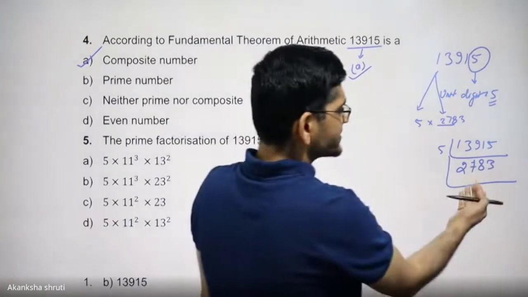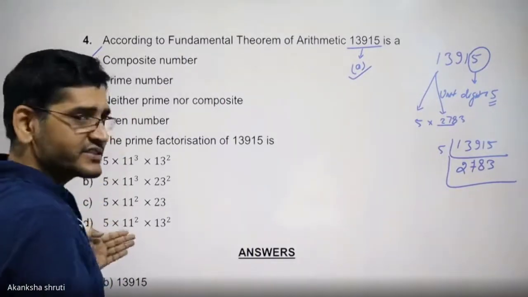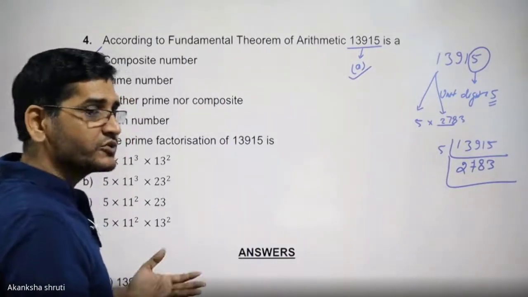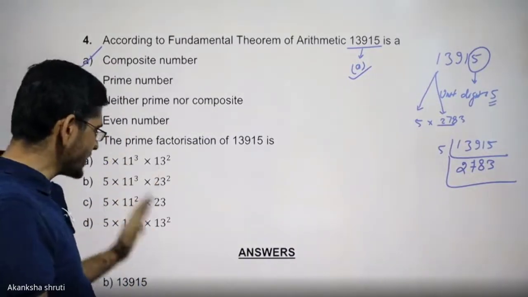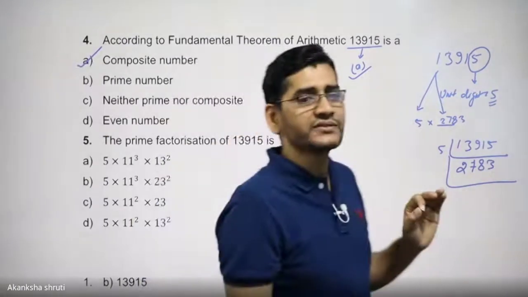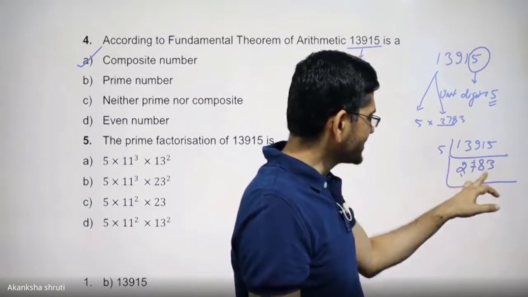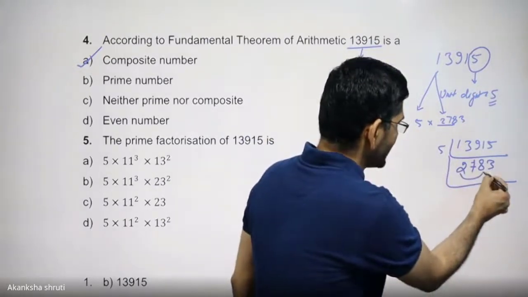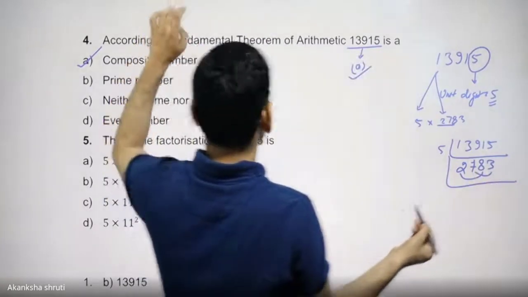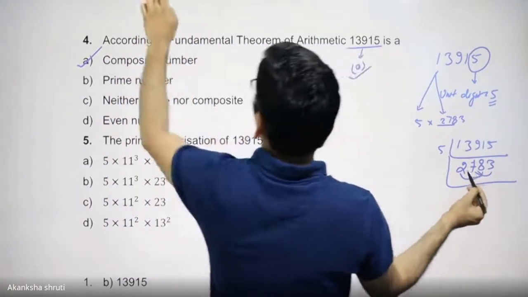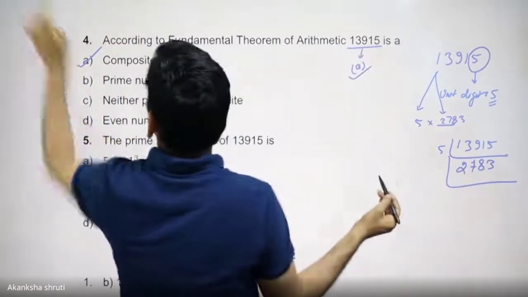Let us go for the 7, or you can leave it, because in the options, in no place 7 is given, so no need to try. You have to use your intelligence also. In the options, it is given as 11 and 13 and 23. So try with the 11, and you can also check the divisibility of 11. Take the sum of the even places and odd places. 2 plus 8 is 10 and 7 plus 3 is also 10. The difference of these two is 0. Therefore, it will be divisible by 11. So that we can also use.